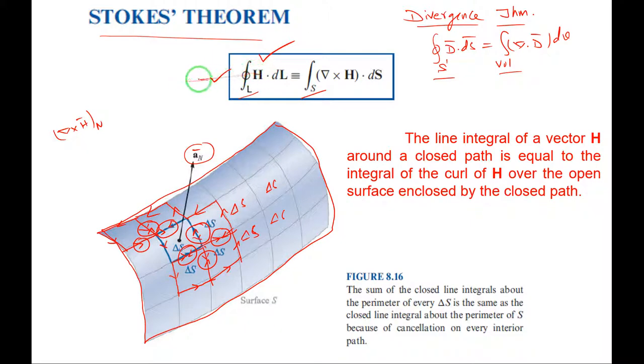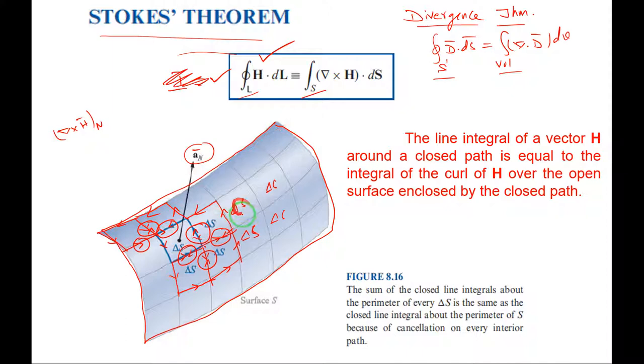So what will it give me, right? It is nothing but I. We have seen this I is equal to closed line integral of H dot dl, which is nothing but the Ampere circuital law, right? Okay, right now we will not discuss that here. So the line integral is related to the surface integral. I hope you understood this, right?